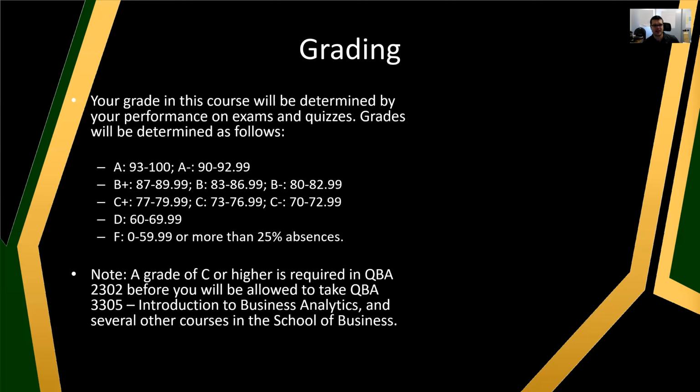One of the big reasons why I did not round up grades at all is because the grades were already really high, and I had more A's last semester than any other semester. I think about 65 to 70% of students had some kind of A. So I was like, if I already have that many A's, I can't really justify rounding even more people up to A's. It was definitely a lot higher than what I expected. So just be aware, these are the thresholds. Anything beyond this would have to be a unique circumstance. But this is the way it is.